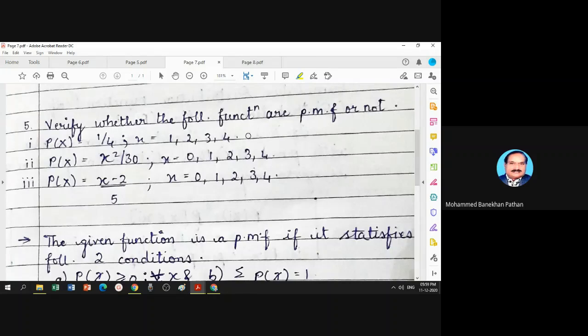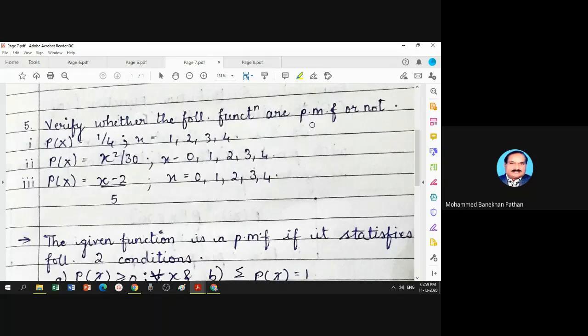I had given different models and I asked you, check whether the following models are probability models or not. The similar type of question is based on PMF. These are different functions and the question asks, you have to verify whether these functions represent